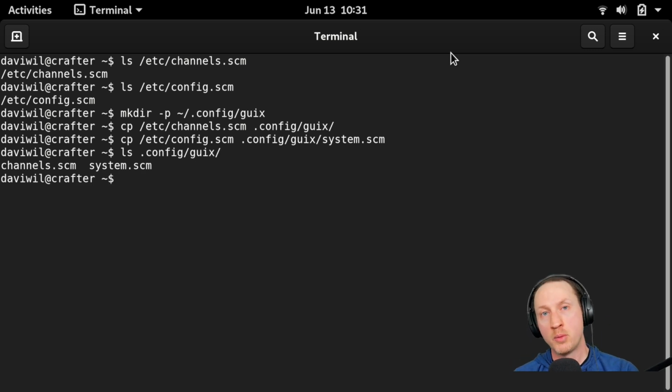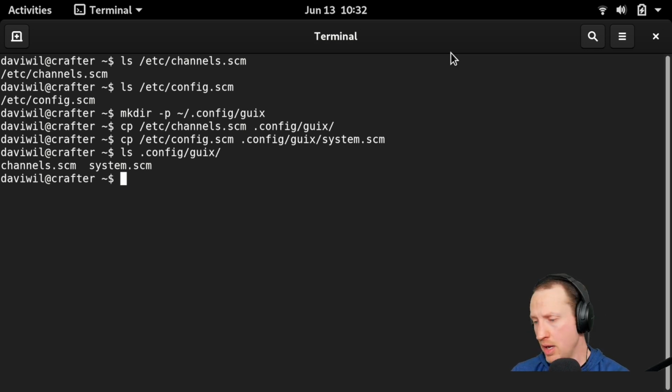And now anytime we run guix pull, that command will pull the channels that are listed in this channels.scm file. We also need to make an edit to this channels.scm file, because one thing I did in the installation image is to lock those channels to a specific commit, the same commit that was used to generate the installer, so that it doesn't require you to build the Linux kernel while you're doing the installation process. So we need to take those pinned commits out of that channel configuration so that we don't end up